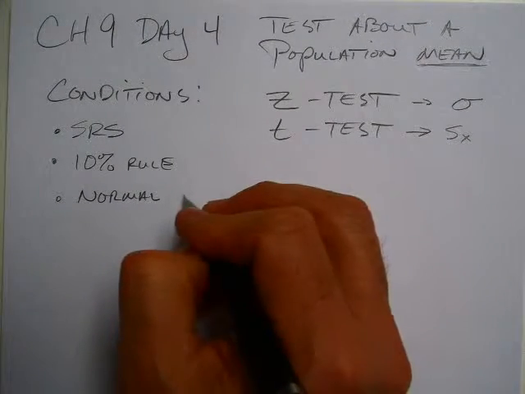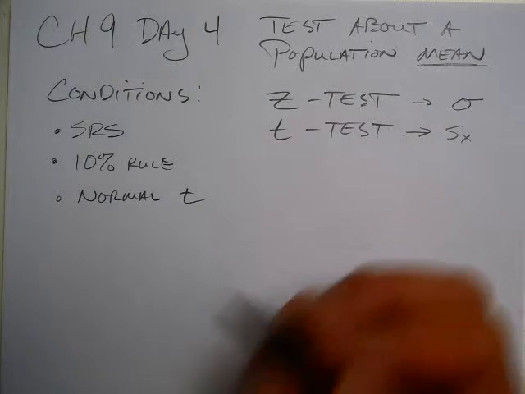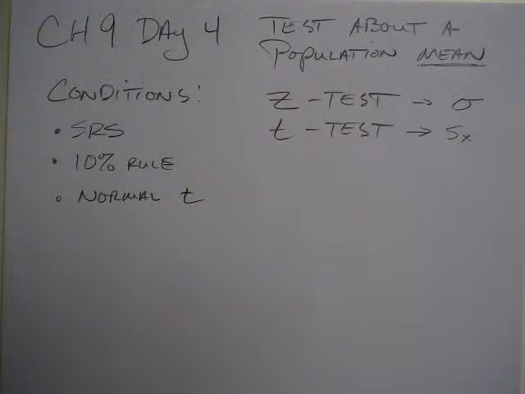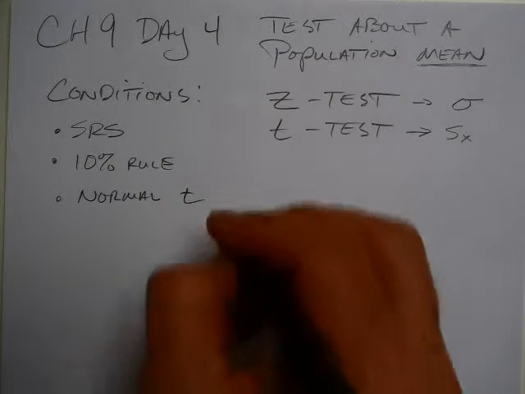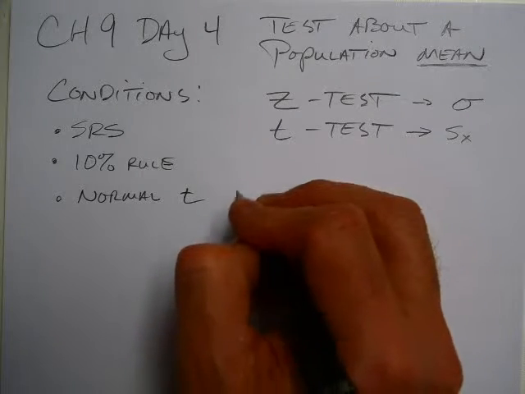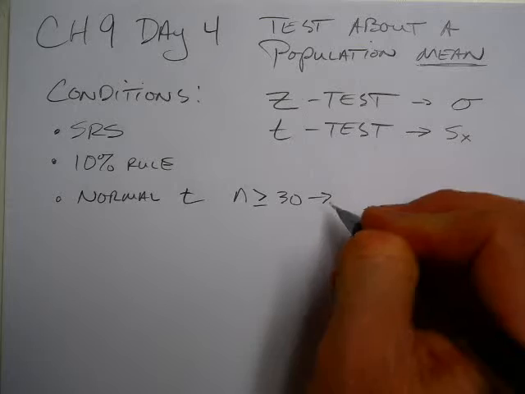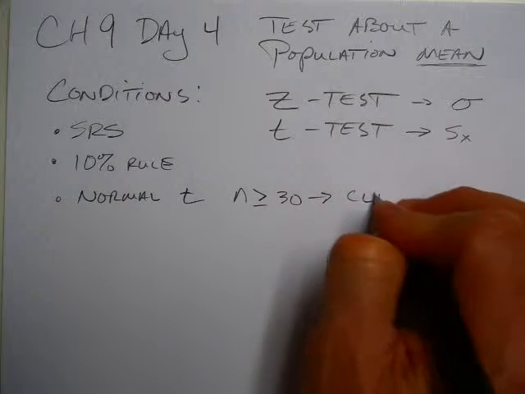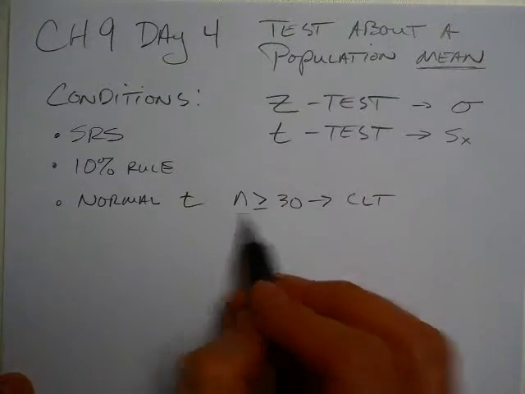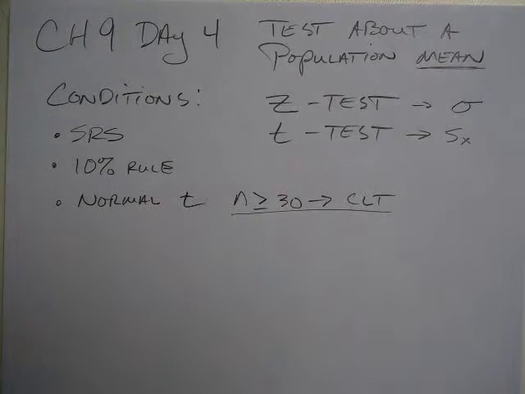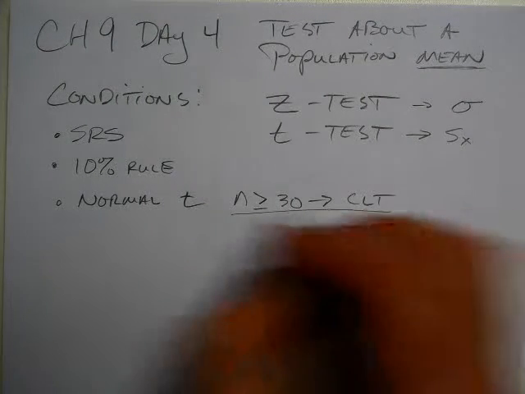But if it's a t-test, if we're using a t-distribution, does it really have to be normal? The answer to that's no, it doesn't. If n is greater than or equal to 30, well, then you have the CLT and you've got no concerns, right? We're happy. But I think you're going to find that that's not going to be the case in a lot of situations. So when n is